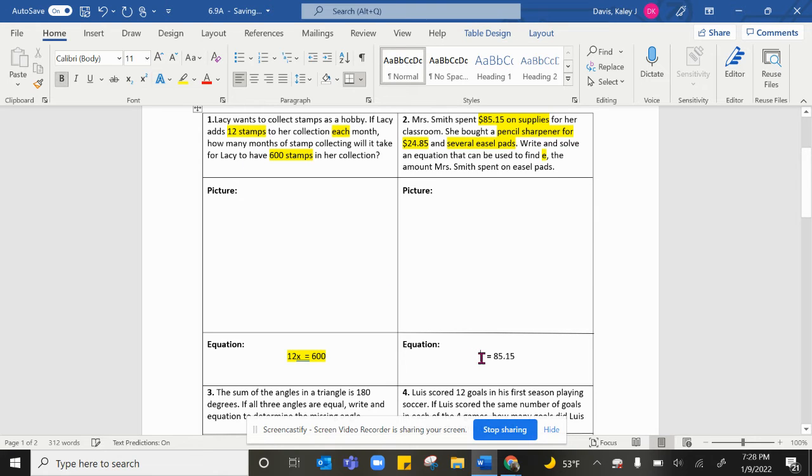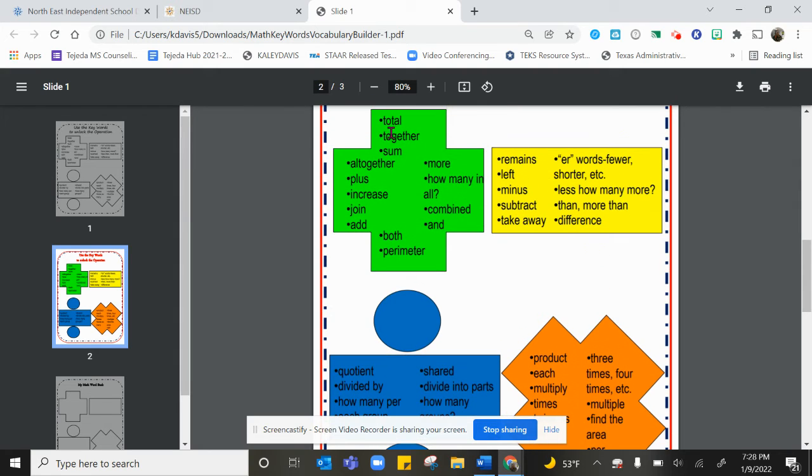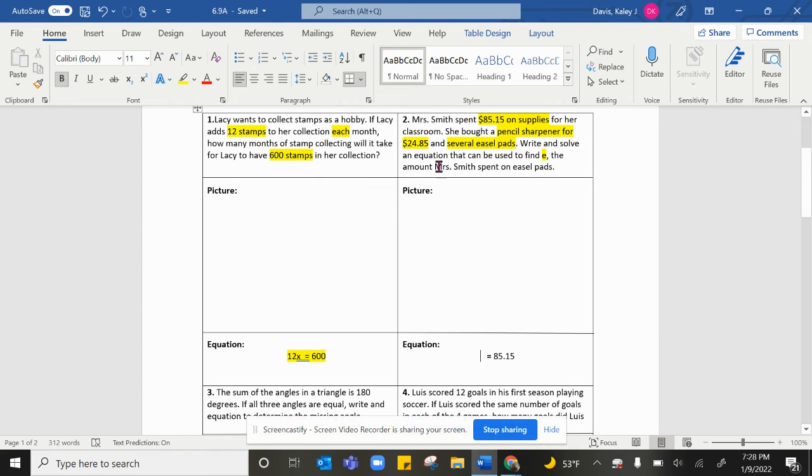Now, let's think about it. We know this is for all the supplies together. So I know she also bought the pencil sharpener and the easel pads. So since it's all together, what operation is that going to be? Well, I can go back here and see, together, that's going to be addition. So I know for my equation, I have to add the pencil sharpener and the easel pads together to get this total here. So it says for the pencil sharpener, it was $24.85